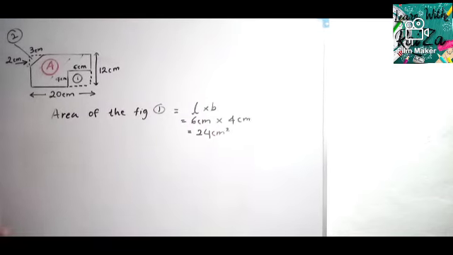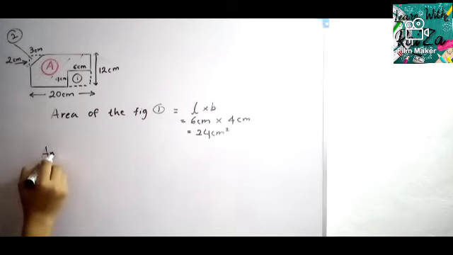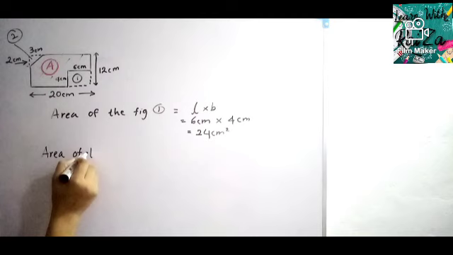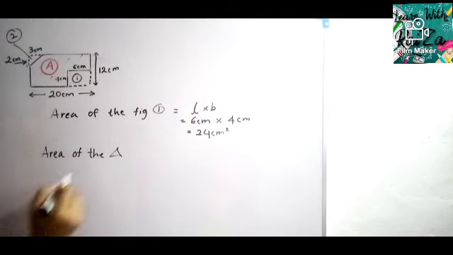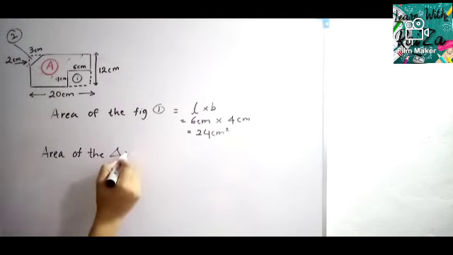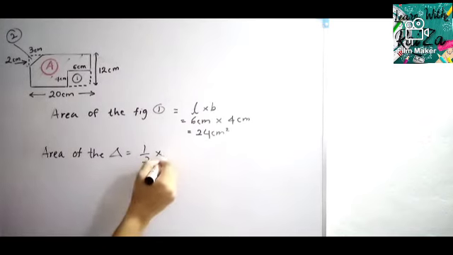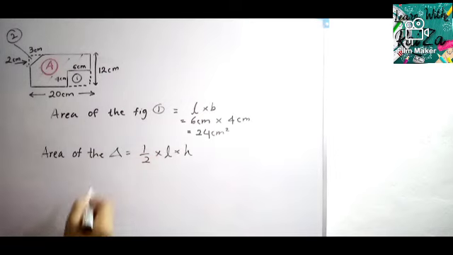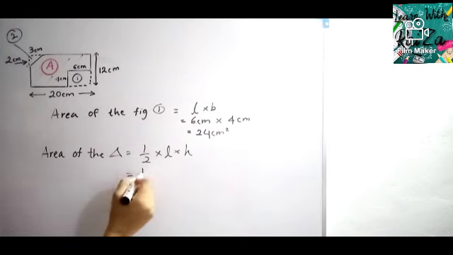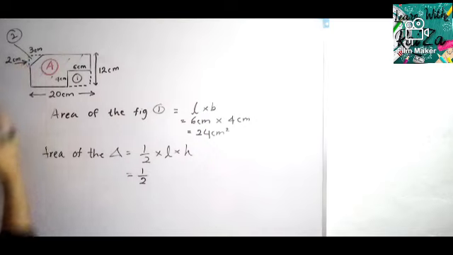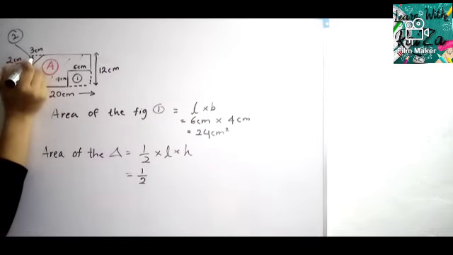Now the next step, I'm going to find the area of this triangle. Area of the triangle, how to find? I taught you the equation. Again, I'll write. With me, try to say, then only you are fluent with that, okay? Half into length into perpendicular height or the base. So half, and what is the base in this rectangle?